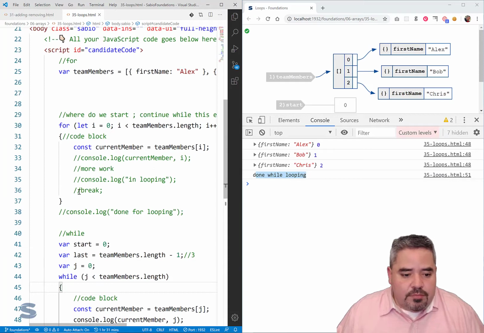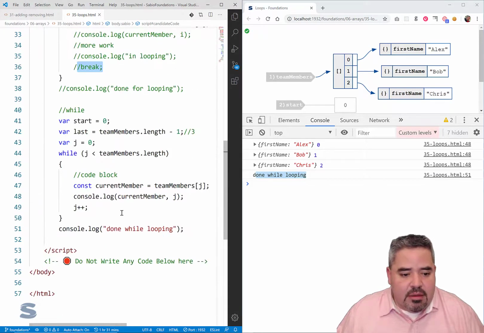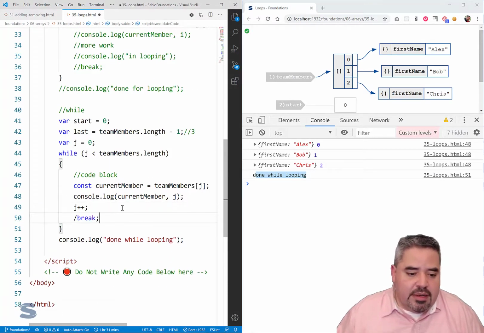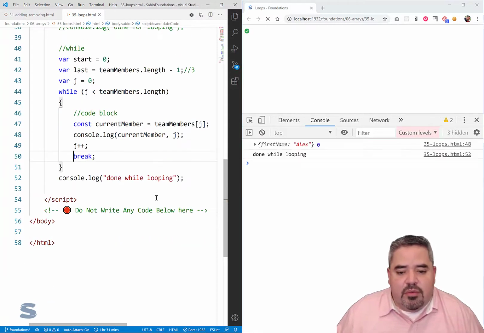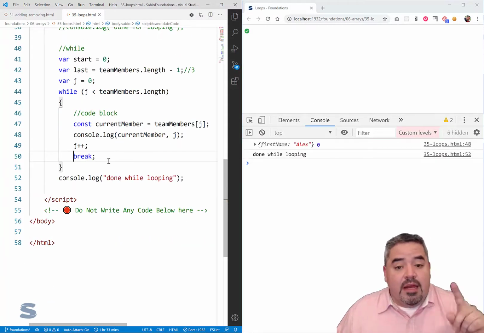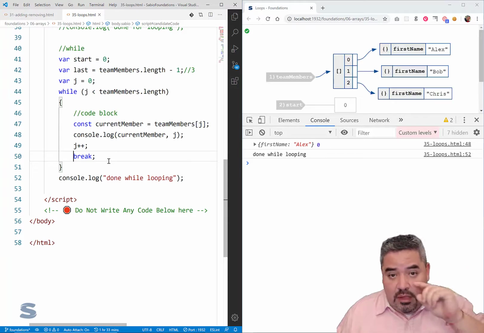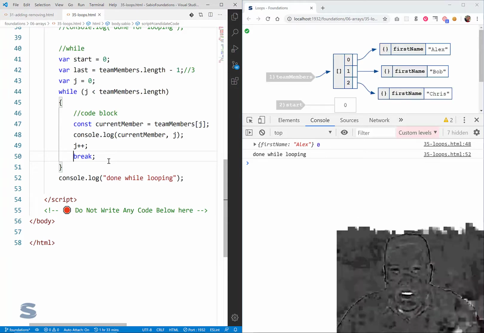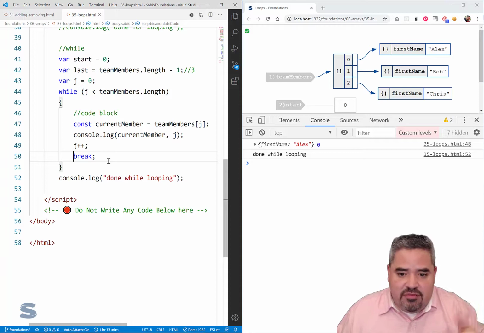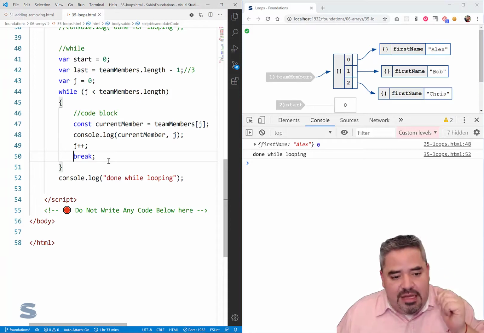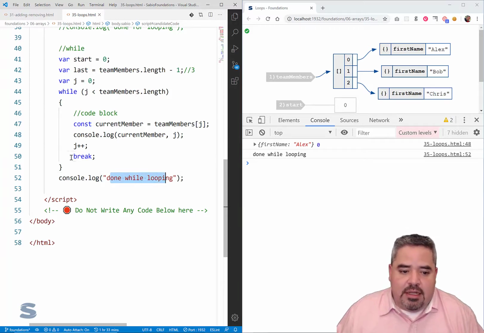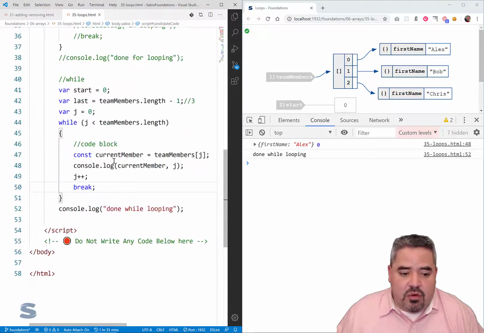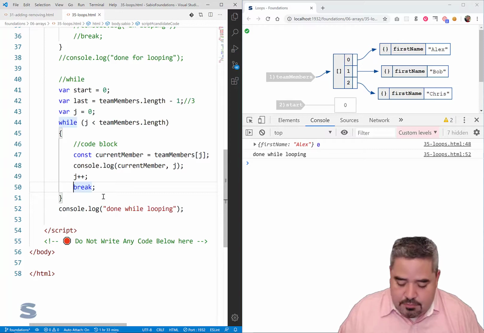to the for loop. And in fact, let me grab the break so that we can see here now. Oh, we're going to error. We're going to hit save there. We're going to do the break. And so the break, like in the for loop, will exit the loop, right? It doesn't actually exit the function if it's inside a function. We'll talk about that later. But here the break exits the loop, and the rest of the code continues, done while looping, right? And that's the power of the break statement, whether it's in the for or